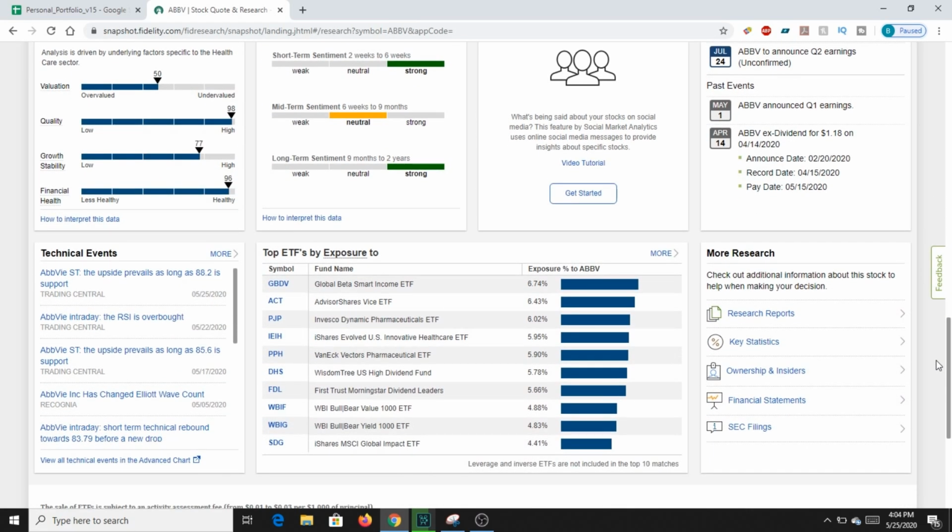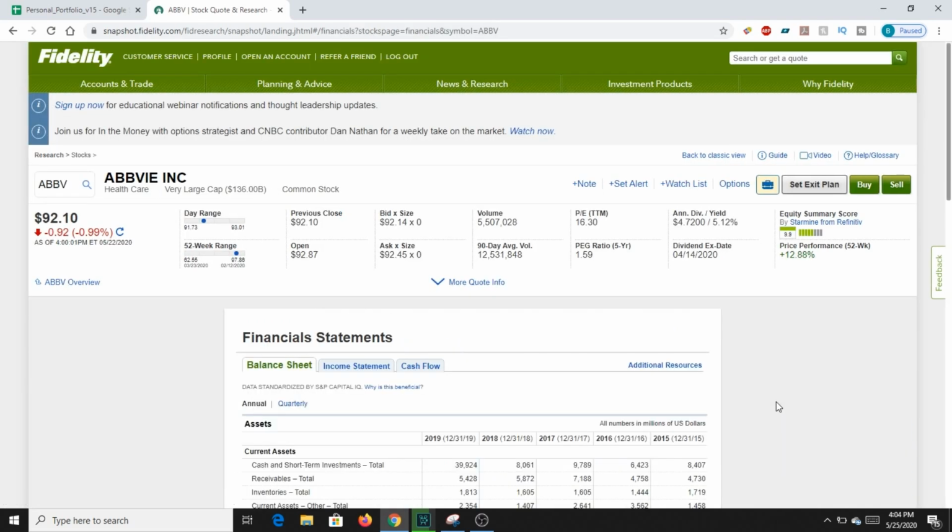What I will suggest for you guys though is definitely coming down to this more research button. Don't really mess too much with this research reports button, but key statistics is kind of cool because there are some other different things that you can look at. Price to earnings with respect to growth and things like that isn't necessarily covered on this main page. But what I like to do for sure is look at these financial statements pages